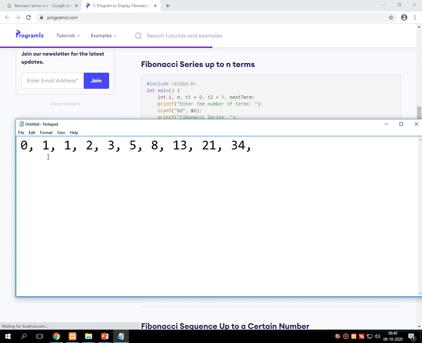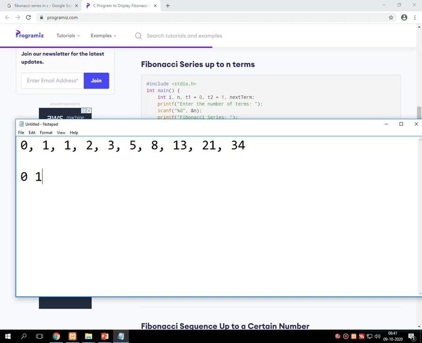Now let's see what's the logic behind this, how this series gets printed and why it is called the Fibonacci series. For that we need to take two fixed numbers: the first number is 0 and the second number is 1.